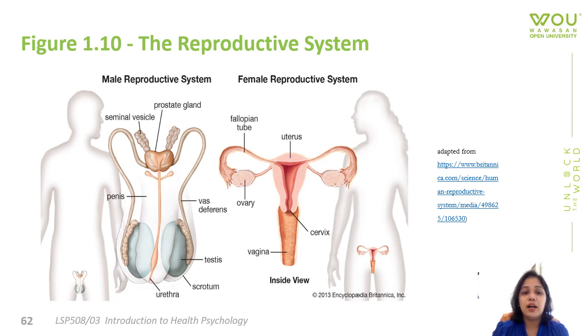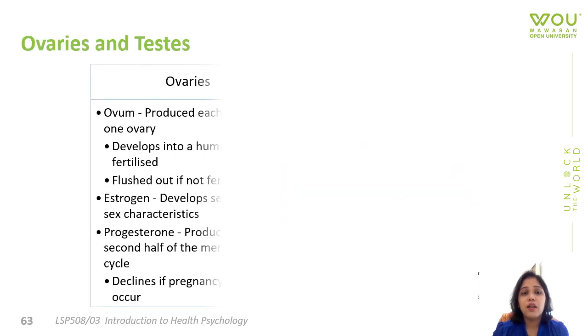Mainly the penis, the urethra, the testes, the scrotum, gland, and the female reproductive system includes the fallopian tube, uterus, cervix, and vagina. So